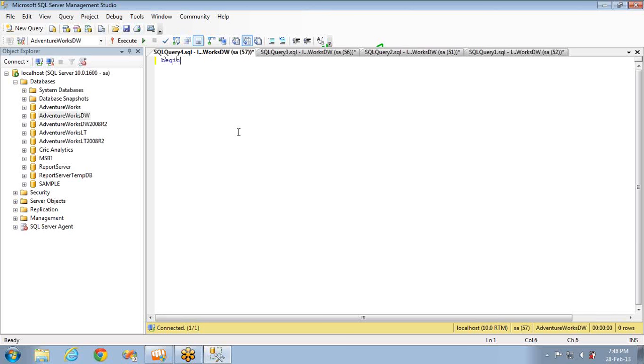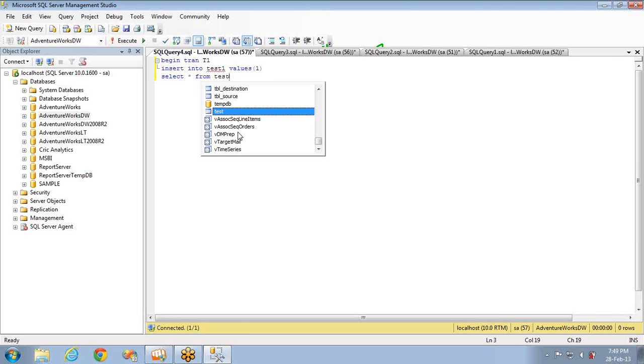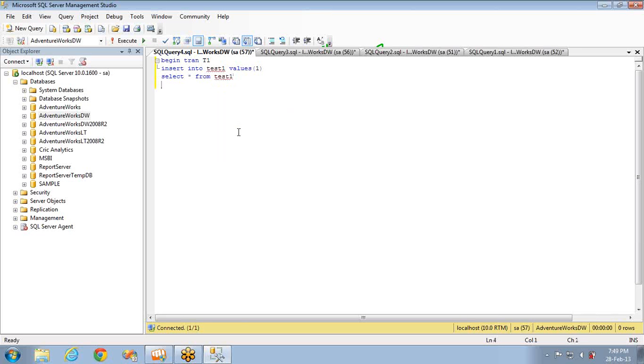I'm beginning the transaction first, T1, and then I'm inserting one record, insert into test1 values 1. Test1 is available, right? Yeah, fine. And here I'm selecting to see the same data. Select star from test1 to see what data is available at this particular point of time. And then I'm going for save tran